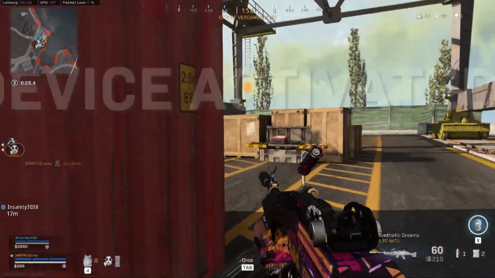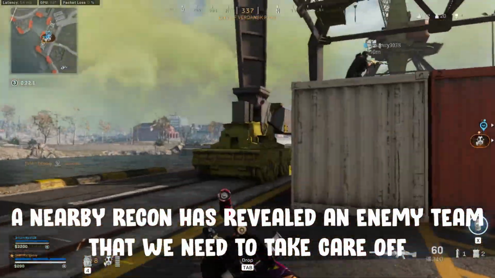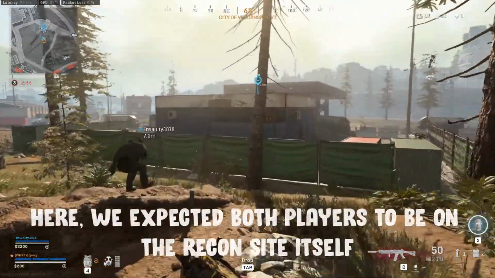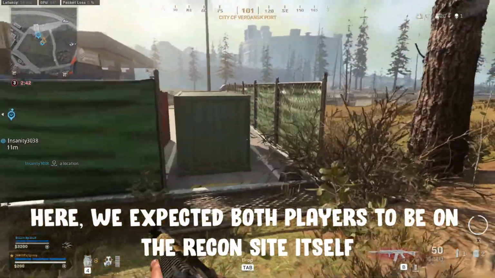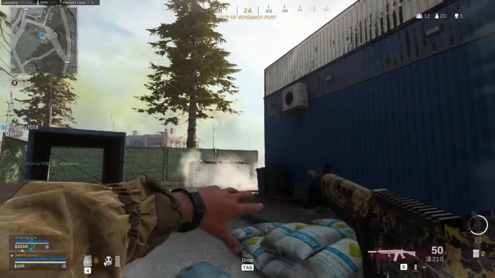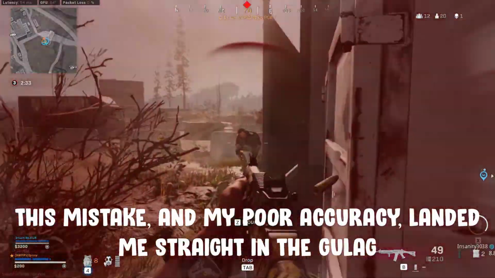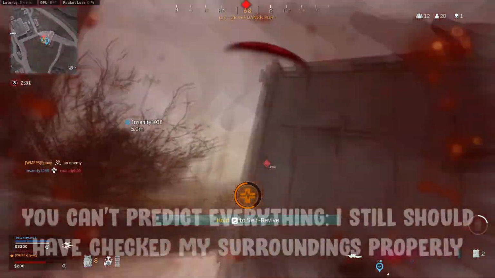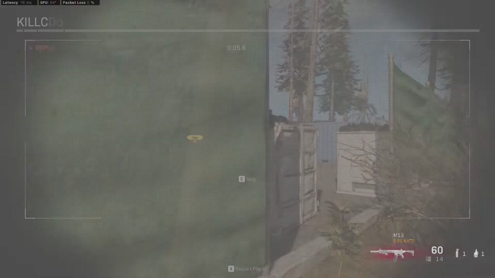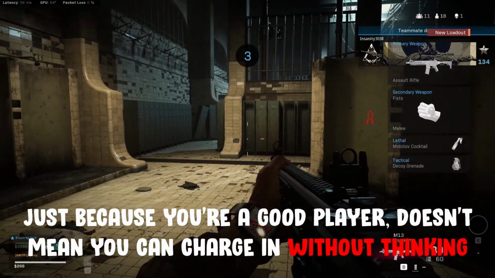Back to the gameplay. A recon has revealed a team nearby that we need to clear out in order to save ourselves some trouble when rotating. Here, we were caught off guard. We expected both players to be on the recon itself, but one player was inside the garage. This, and a lack of accuracy on my part, landed me straight in the gulag. You can't always predict everything right, and I rushed in without checking my surroundings properly. Always remember that just because you're a decent player doesn't mean you can charge in head first and expect to